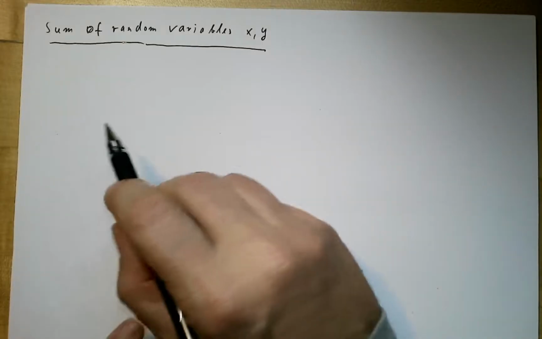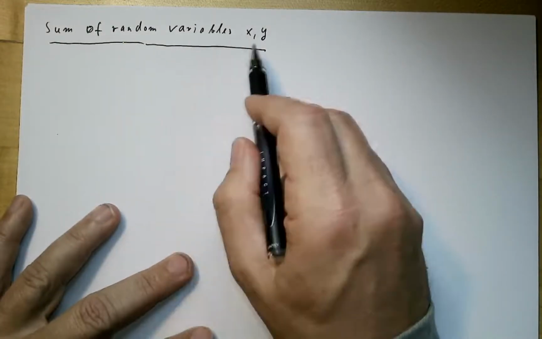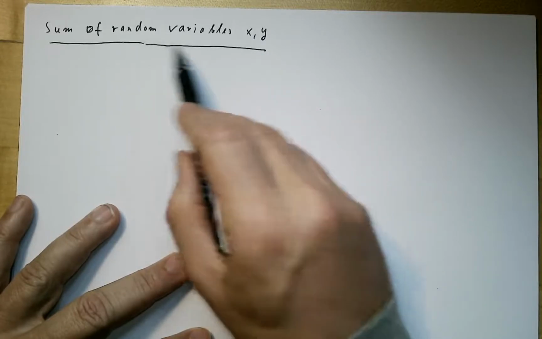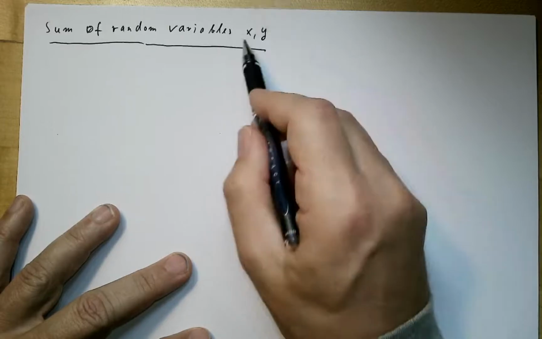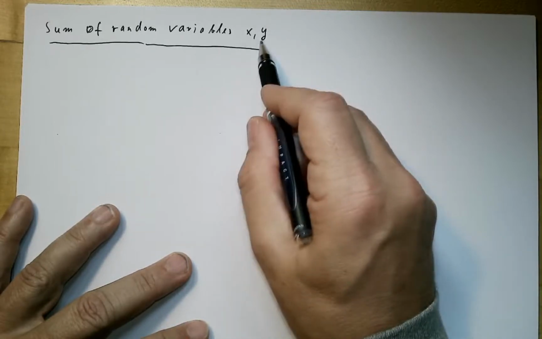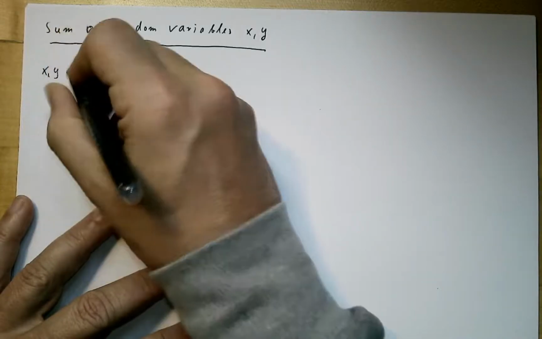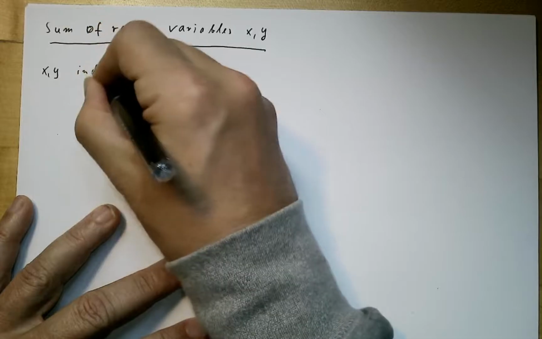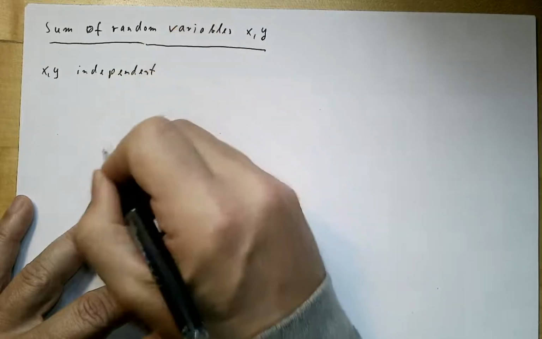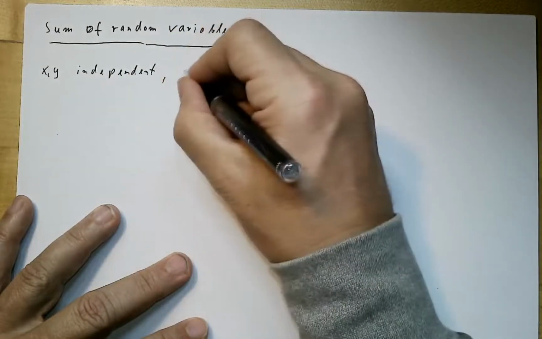So the first theorem dealt with sums of sequences. Now applied to probability distributions, we have the sum of random variables. Let's take only two, then you can generalize it directly to more. We have two random variables, X and Y, and we assume they're independent, and they have characteristic functions